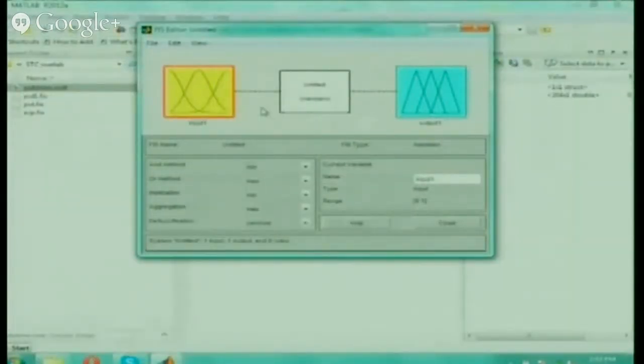And I think all of you know how to create. So if you have two inputs, you will be creating the inputs. You will be defining the membership function and all those things. So I am just importing one for the PID controller. I have already made an FIS. I'm just importing it from the file. So let me take this PID1 FIS and I'm just opening it.